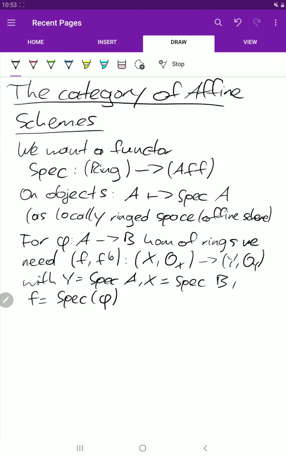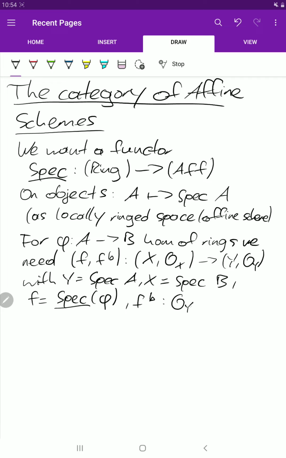I'm not going to be 100% consistent, so sometimes Spec will denote the functor into affine schemes, and here it's the functor into topological spaces, but it should be clear from the context what is meant. And similarly for another notation I'll introduce soon. But now let's see. We need this f and f^b, and f is already given. So what we really need is this